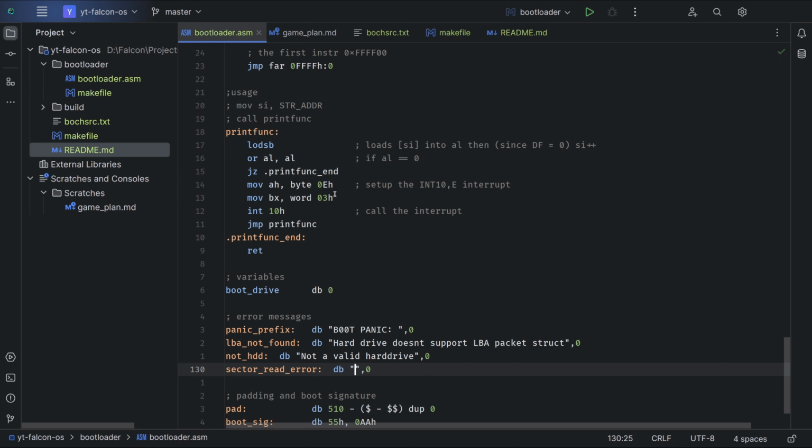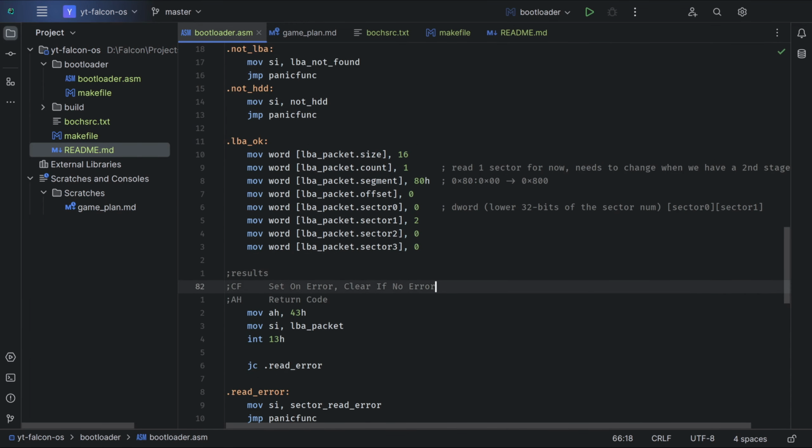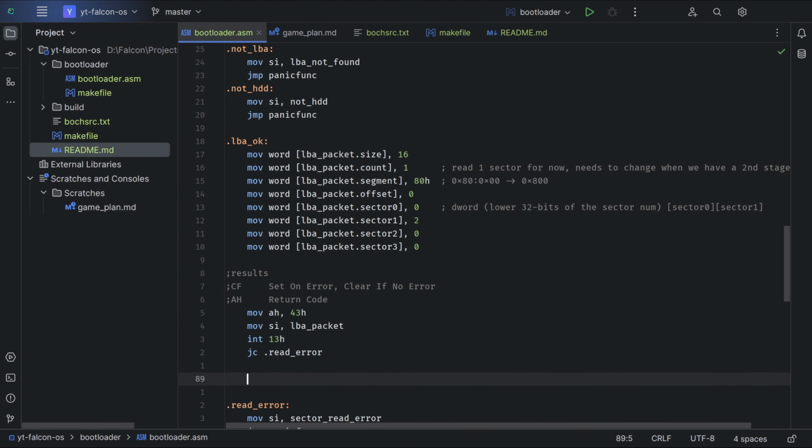And what's a good error message here? Couldn't read sector from drive. Okay, cool. So with this, we should have, so here